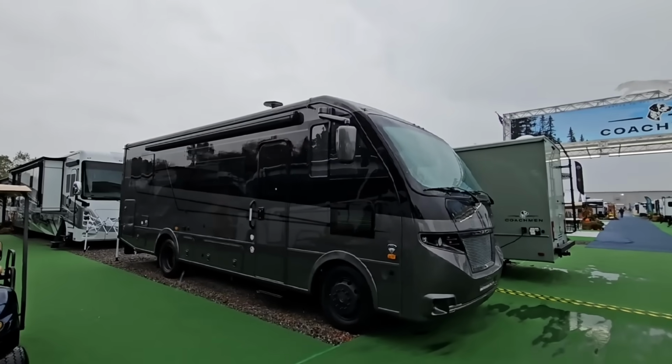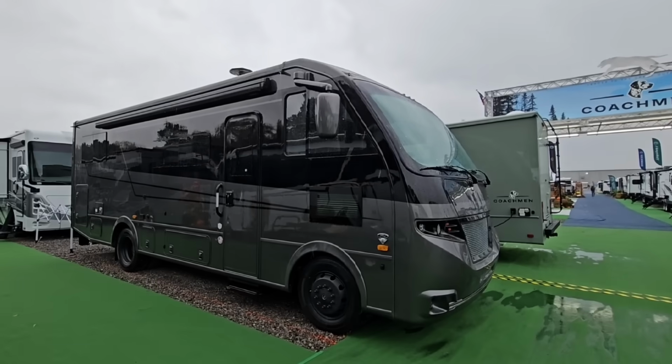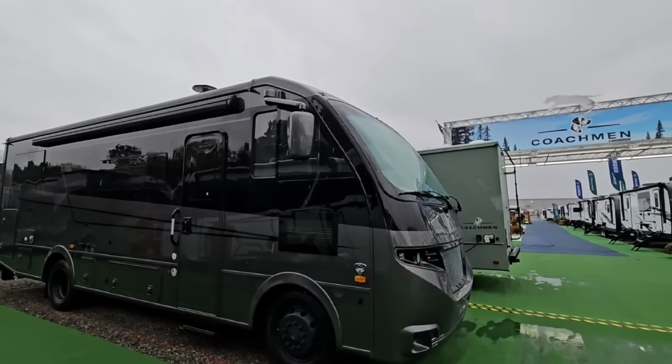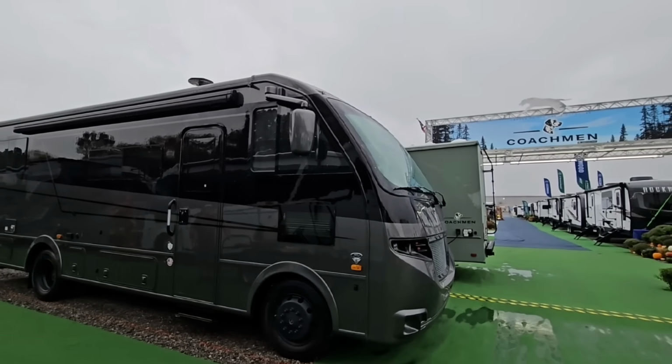What's going on, guys? So welcome to a really rainy day in Elkhart, Indiana. This is a really cool event put on by the folks at Forest River and actually all the major manufacturers in the area. This is the dealer open house. It takes place all over Elkhart and other surrounding areas, and it's an opportunity for dealers to come out and